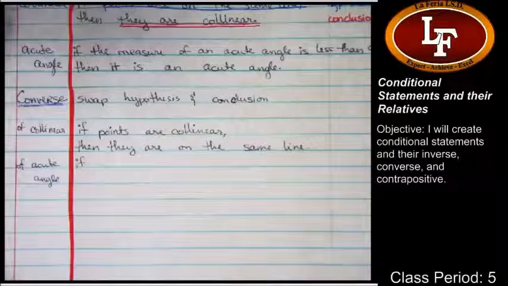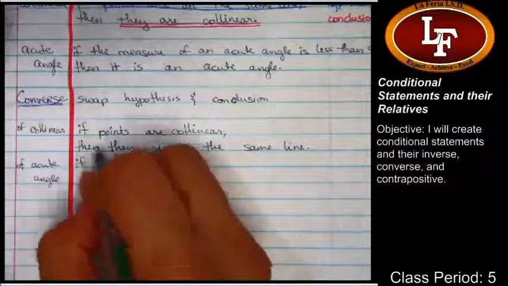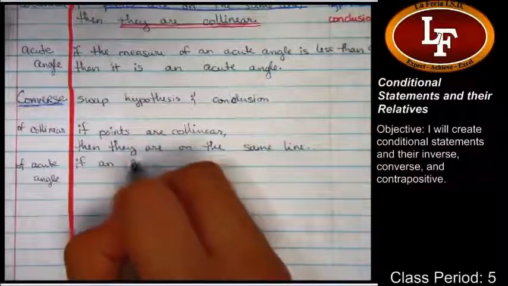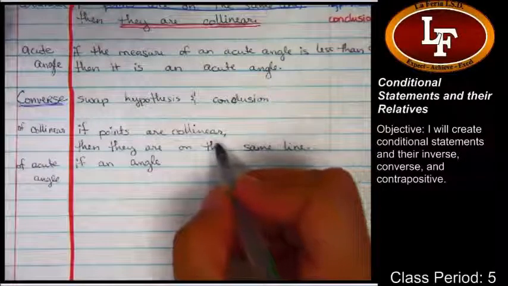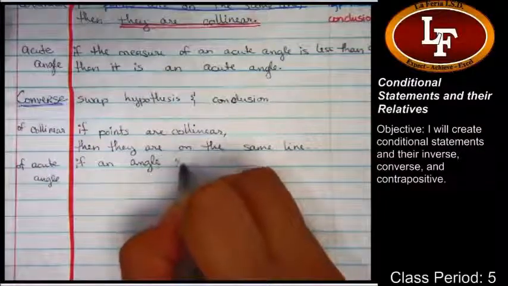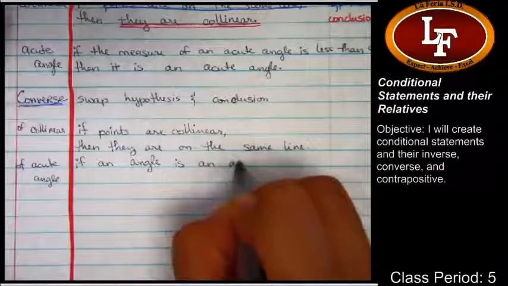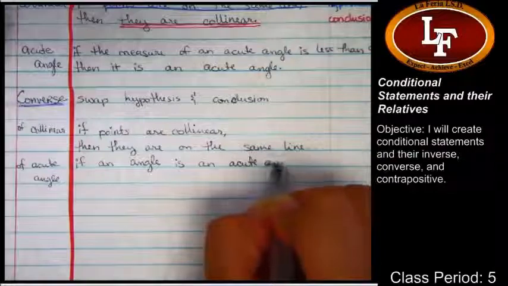Okay, but see, that doesn't make sense, right? And that was what we did the first time. So what are we talking about in terms of it is an acute angle? The angle, right? So if an angle is an acute angle. So this is one that we have to change more than just a little bit to make it make sense. If an angle is an acute angle,